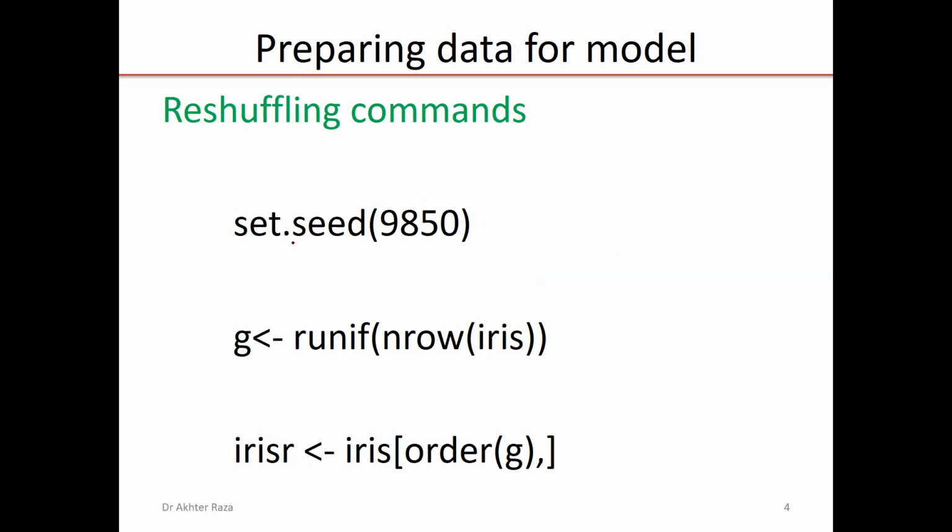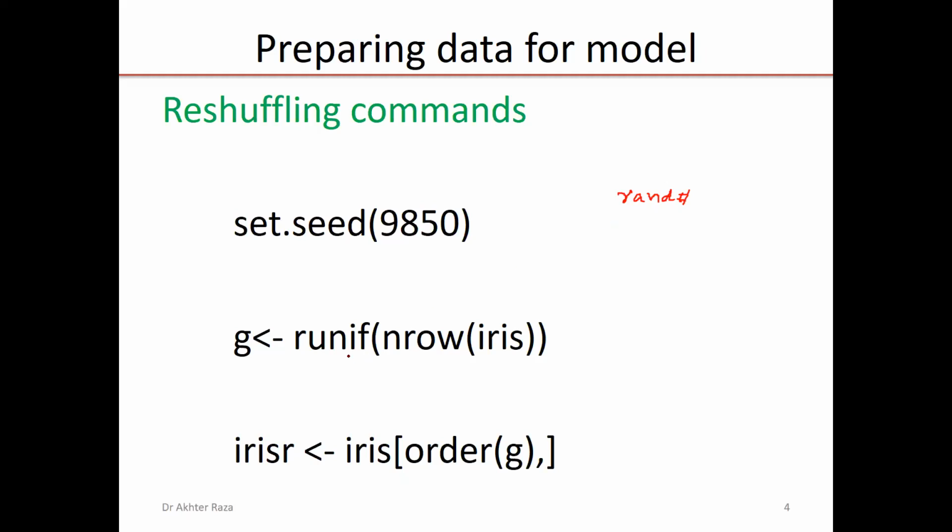So what do we have to do? We specify g as a new variable we want to create. What is g? G is just a new variable. And what are we going to store in this new variable g? Uniformly distributed random numbers. This is just a random number. You can draw a random number with the RAND function in Excel.